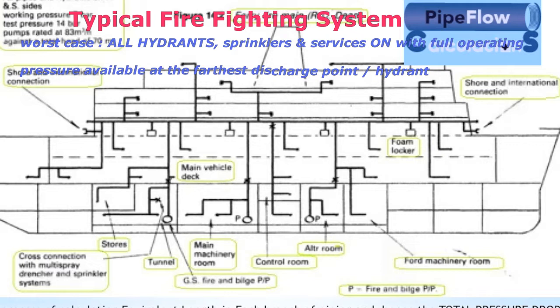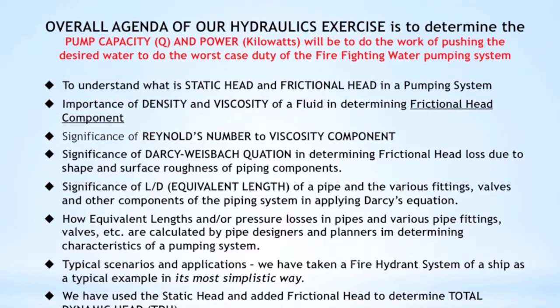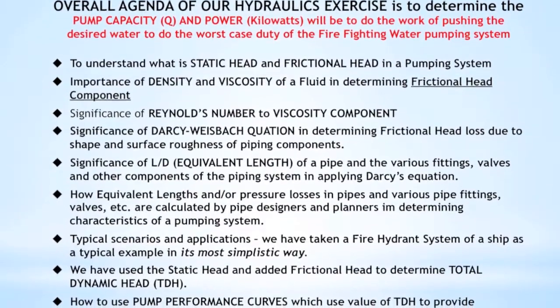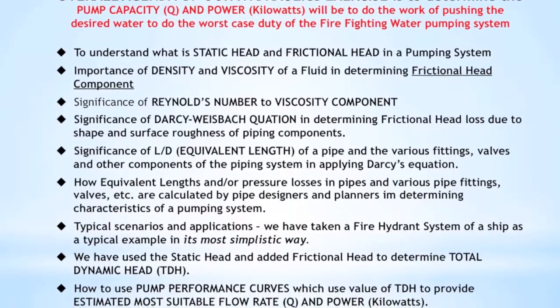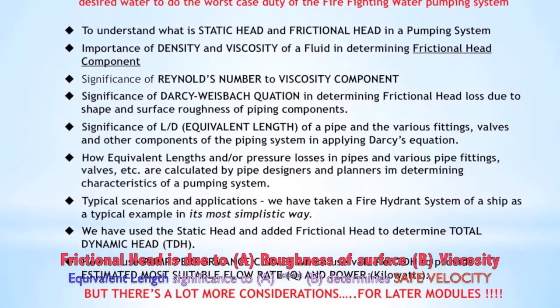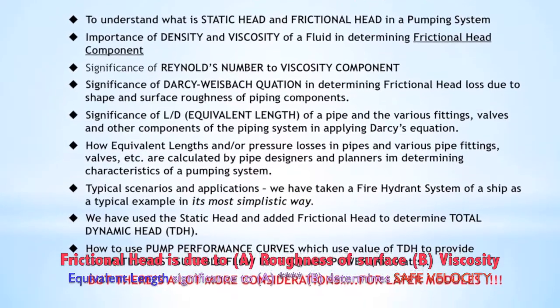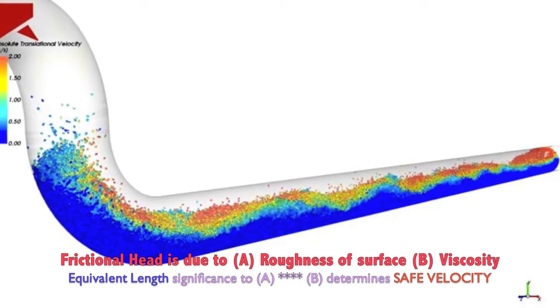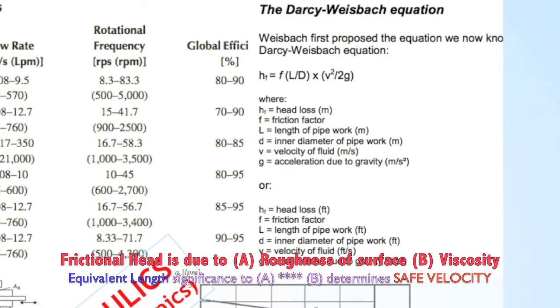So we will be understanding what is the static head and what is friction head. Static head we already discussed even in the last episode, the positive suction head or the negative suction head in case the water level is below the level of the pump. And then there is a frictional head of the pumping system, which is due to the roughness factor of the pipes, which is dependent on certain coefficients of friction that were derived from various equations like the Darcy's equation.